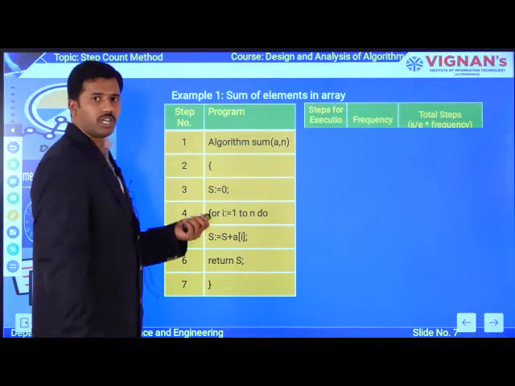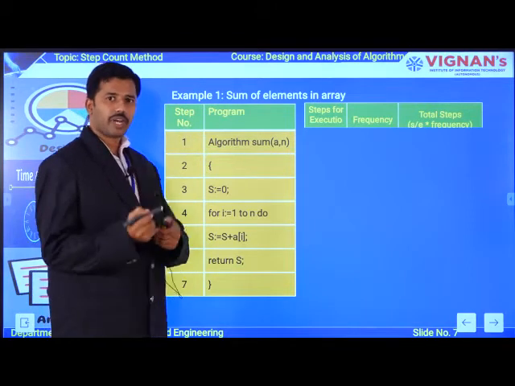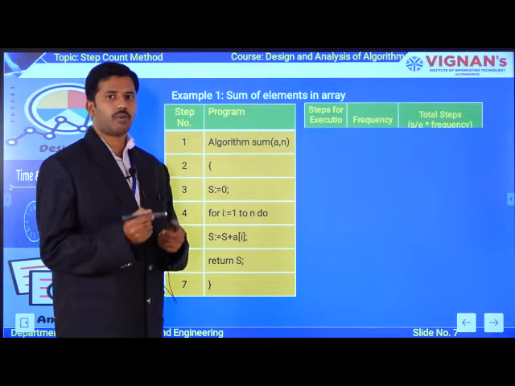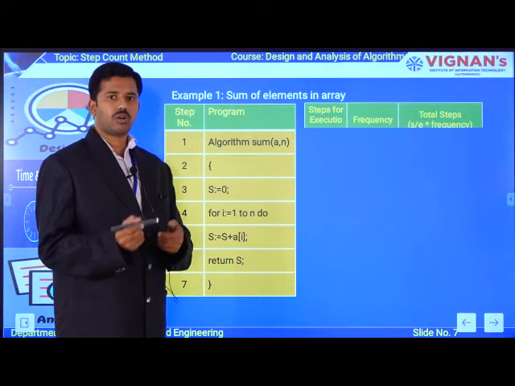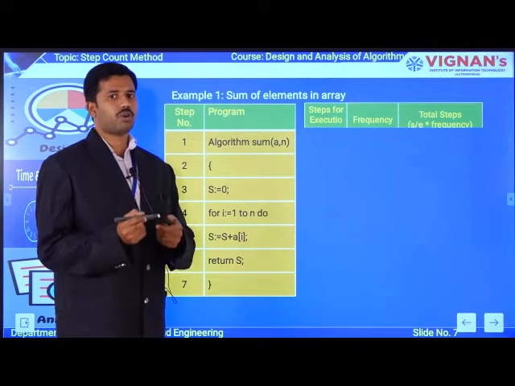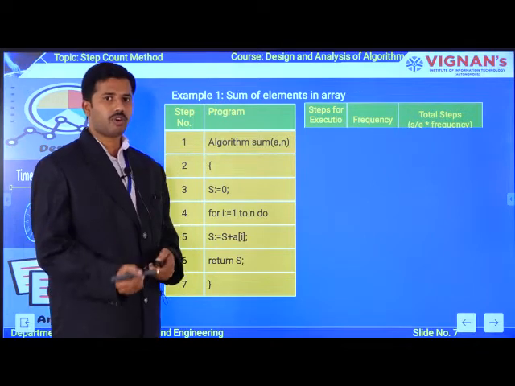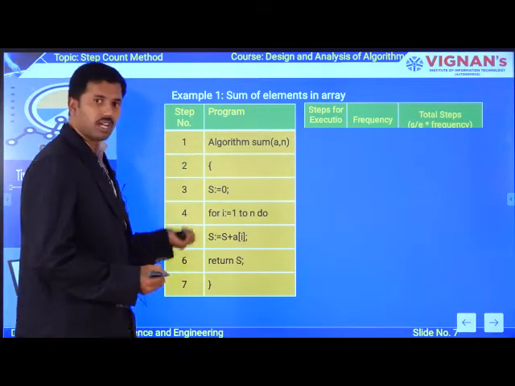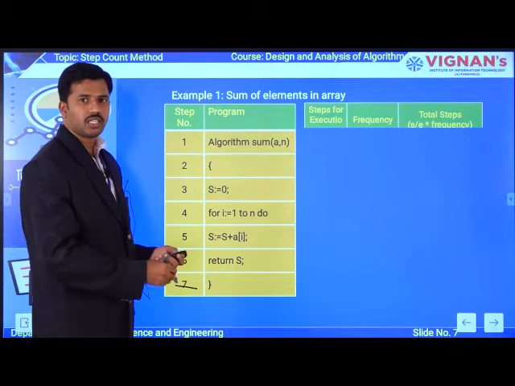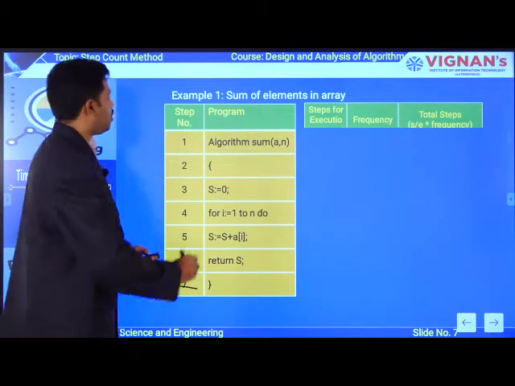Now, first of all, focus on how to update the first parameter. What is your first parameter? Steps per execution. You update the values for the first parameter based on executable or non-executable statements. If it is an executable statement, the step count value is 1. If it is a non-executable statement, the step count value becomes 0. Now let's find out how many instructions are available in this algorithm. There are a total of 7 steps. You need to calculate the first and second parameters for all these instructions, right?